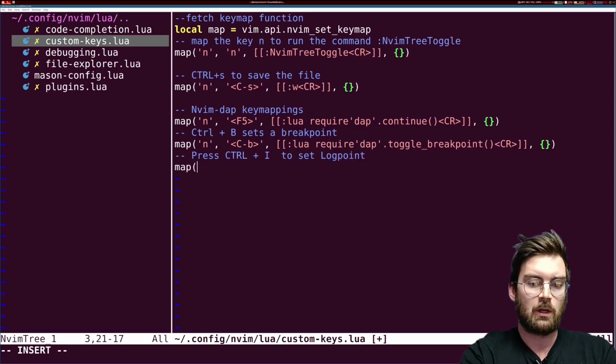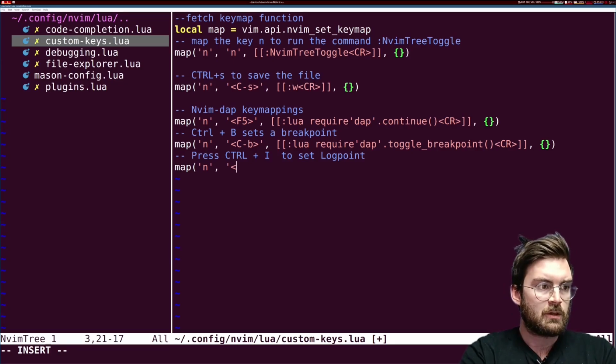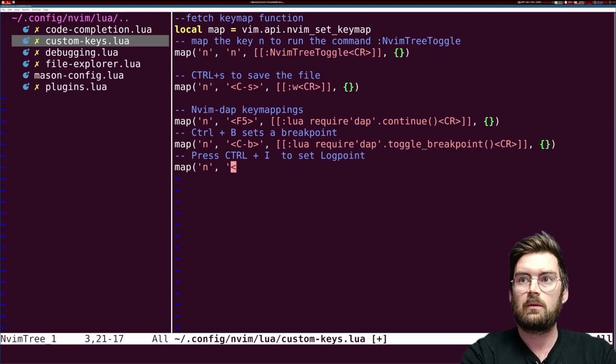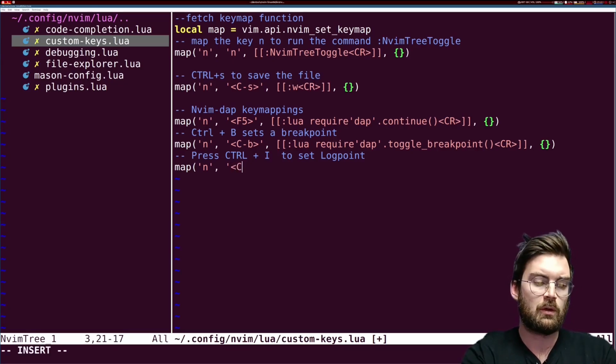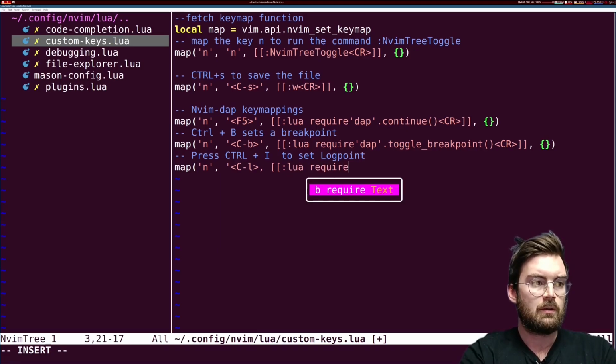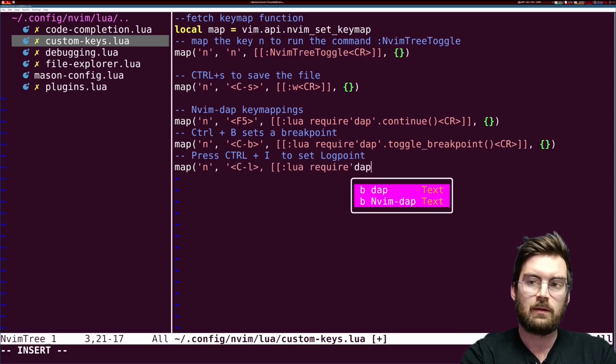If you're unfamiliar with log points, they're basically breakpoints, but instead they simply print something to the console. So I'm just going to go ahead and do, whenever we press Control and L, I'm going to make it trigger a Lua require dap,